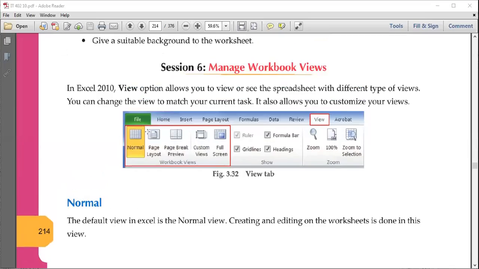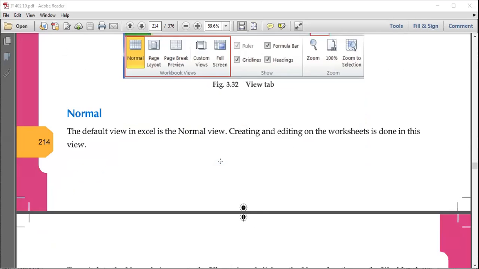Okay, moving further, we have different types of views. These are 5 types of views which we can apply. By default, the normal view is selected. Page layout we have just seen. Another one is page break view, where the darker lines, the dotted line, indicates where the page is ending. So you can just drag these lines to rearrange your page. Then we have a custom view option, from where you can create your own kind of view. And then full screen view is there, where only the sheet area is shown on the full screen, right.